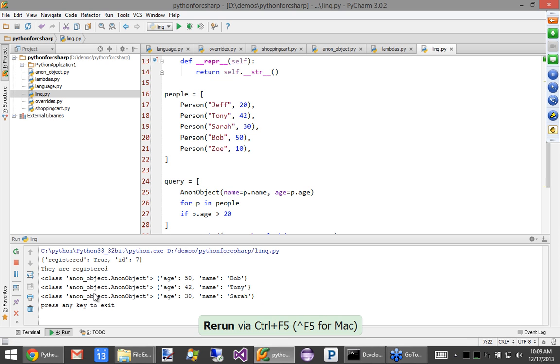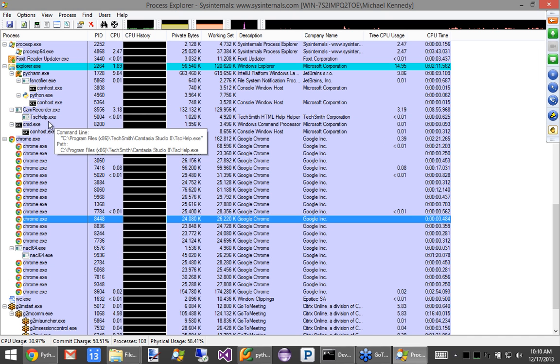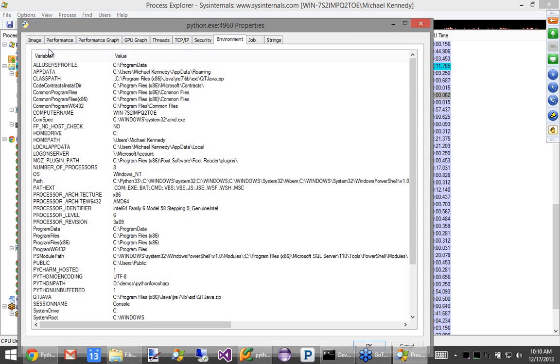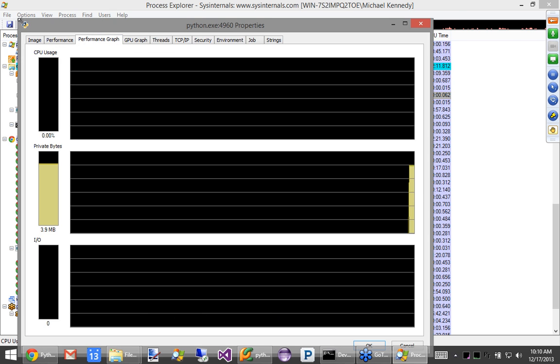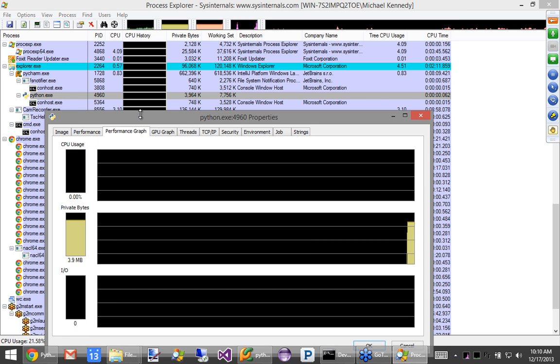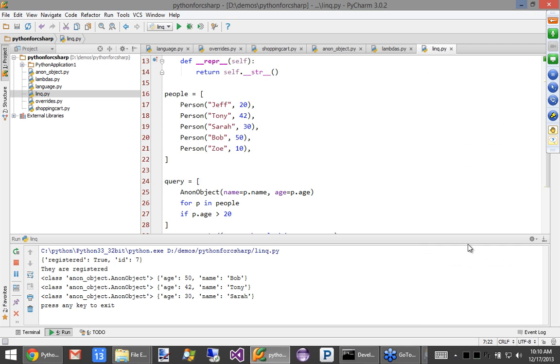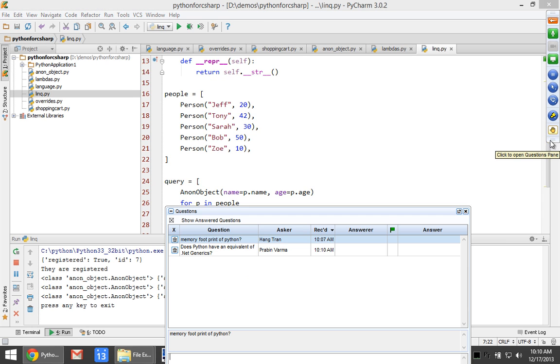Okay, so that's still running. Let me go pull it up and see how much memory we're using here. Here's my Python. Okay. So here's my app. Let's go look at performance. This app is using 3.9 megs. All right, you couldn't get a .NET app off the ground for that much, I don't think. I think it would be more like 10 for starters, just because of the way it does pre-allocation and stuff. But like I said, data structures, all sorts of stuff, it can get complicated.